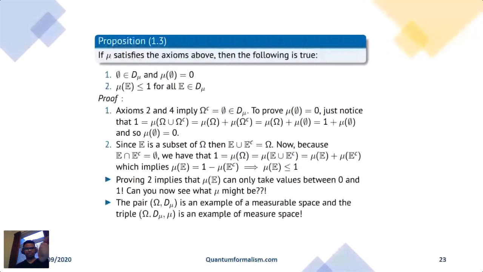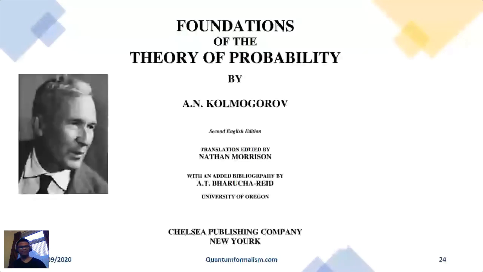In fact, this is what Andrei Kolmogorov figured out when he used the language of measure theory to give a precise mathematical foundation to probability theory, which before that wasn't really there. It was all case by case; when you're building a probabilistic model, you have to go through all these steps, it was a mess. But through his work, using the language of measure theory, you have this unified framework for building probabilistic models. So it's really powerful.